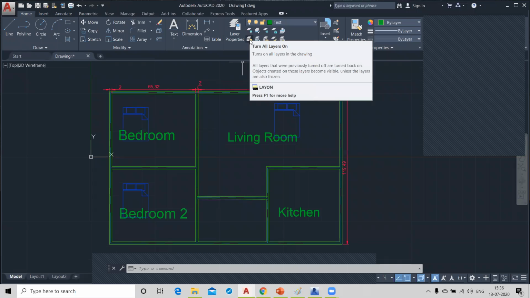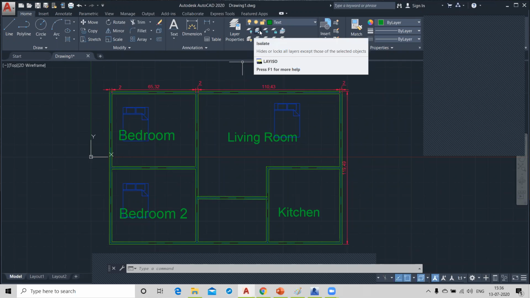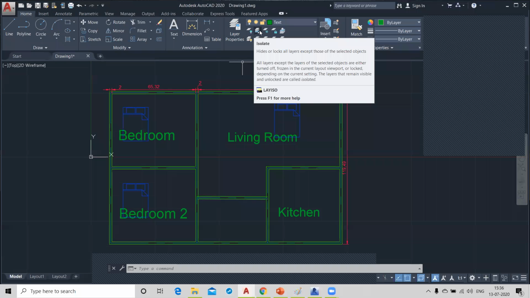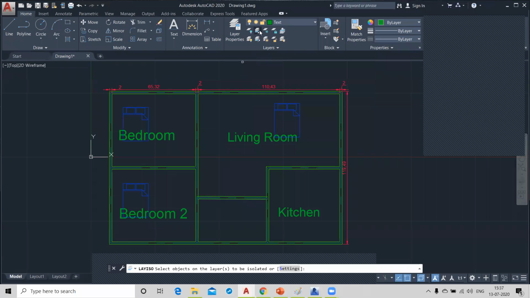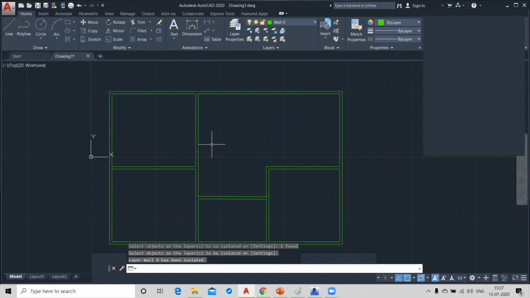Similarly, we have isolate. Isolate means if you want to highlight only one layer. Now if you want to work on the wall layer only, you can select your wall layer and click. See, all the layers except the wall are hidden.